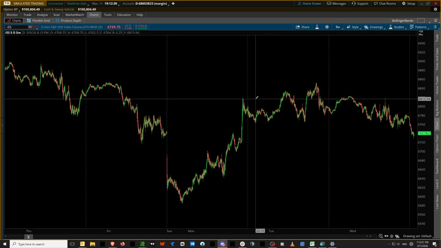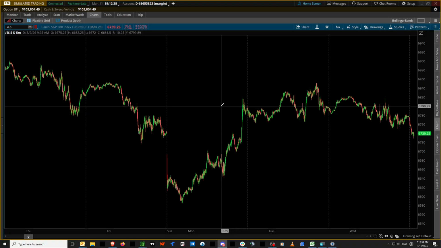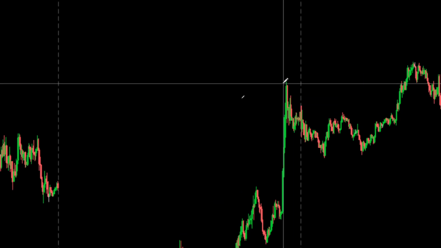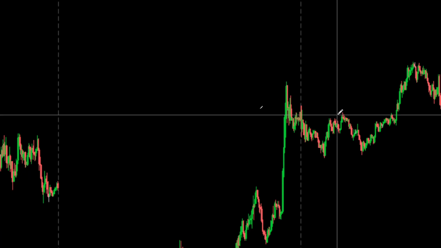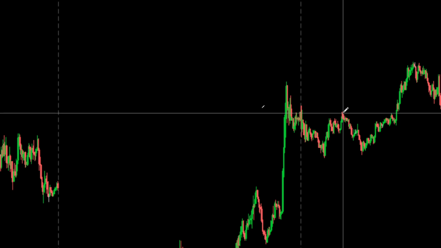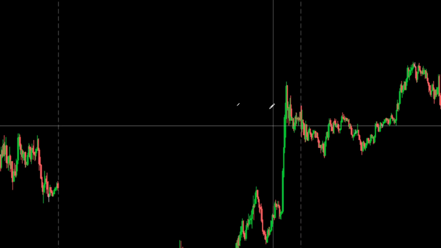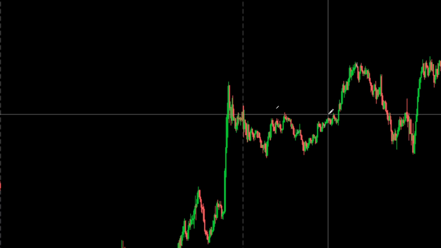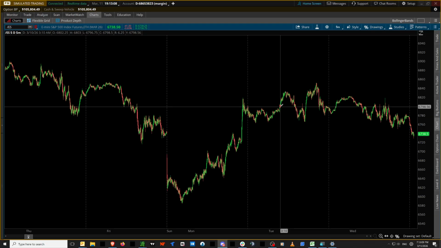The first thing I'm going to do is I have to have a series of higher highs that are significant. Now let's talk about what significant means. I'd say this high clearly took out all these highs before it. This high did not. This is not a significant high because it didn't take out a lot of close-by stuff. This high did. This high did. All right? That's what I mean when I say significant.